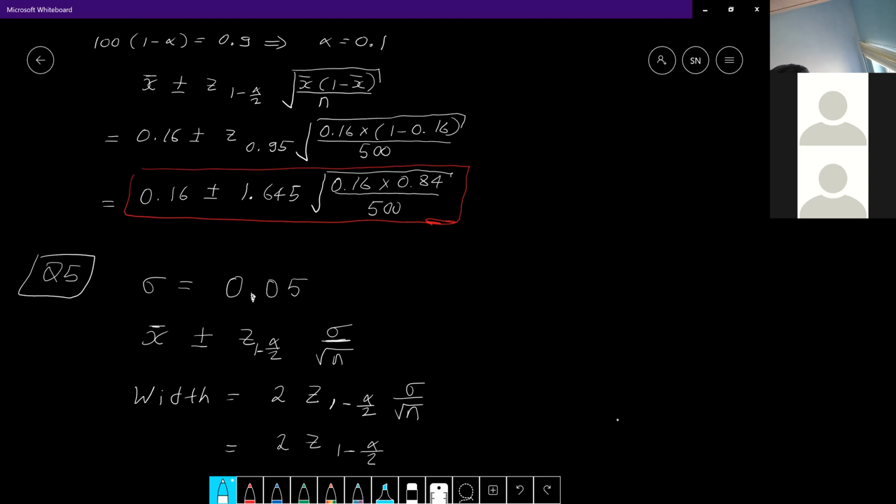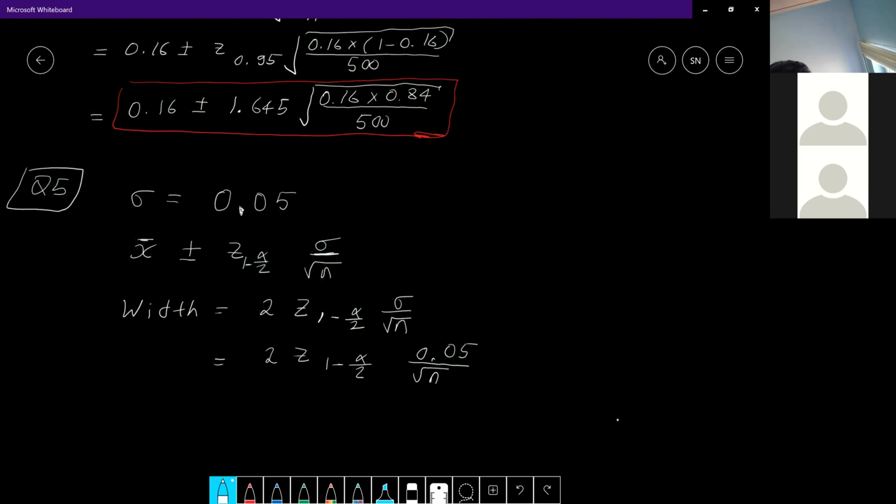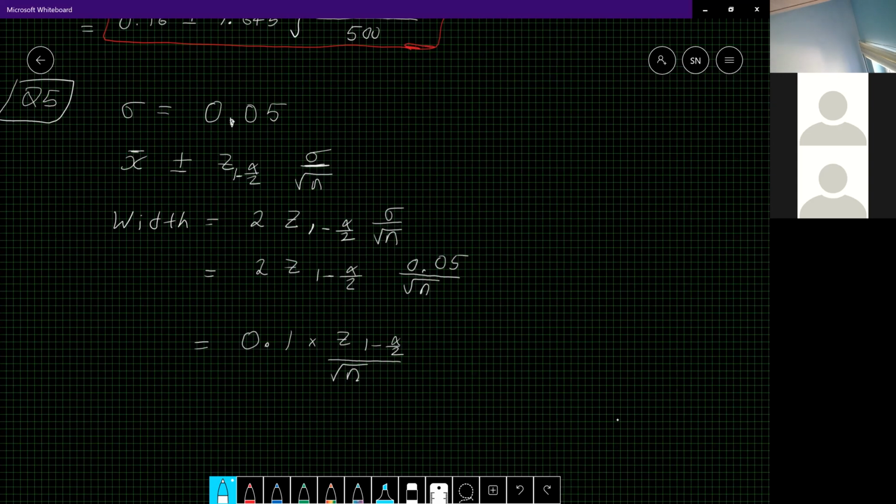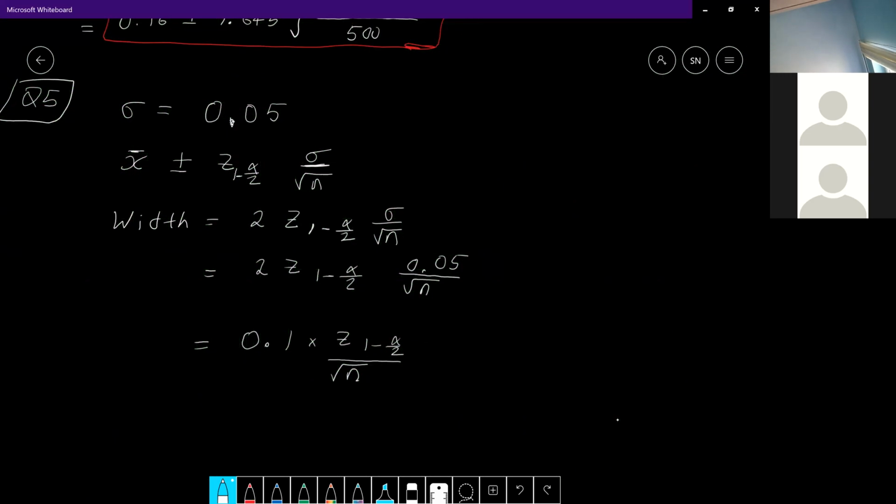Sigma is already given to us as 0.05. So this is going to be equal to 0.1 multiplied by this and divided by square root of n. So this is the width of the confidence interval, and we want it not to exceed